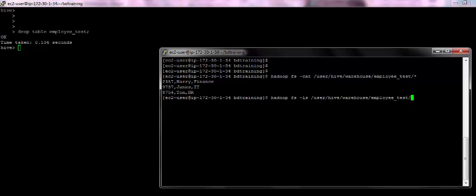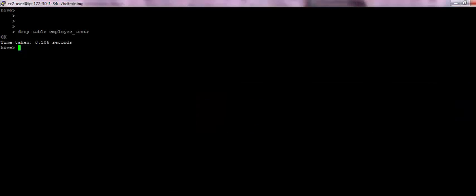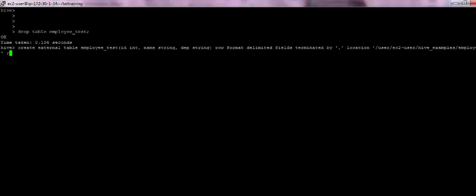If we try to list out this directory, we can see that this directory does not exist in HDFS anymore. So essentially what this means is, whenever we delete an internal table from Hive, the corresponding location in HDFS also gets deleted. This is an important point to note, as we will see how this behavior changes when we create an external table. So now let's try to create an external table.